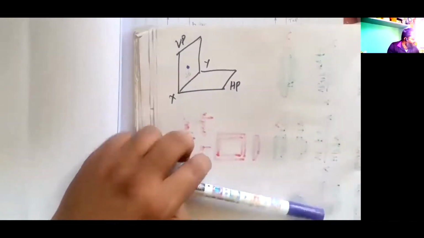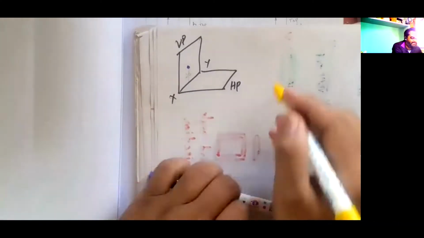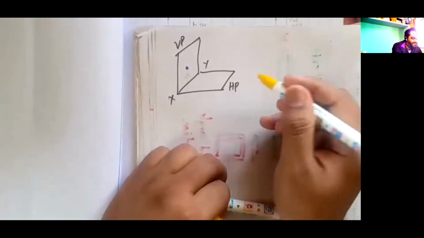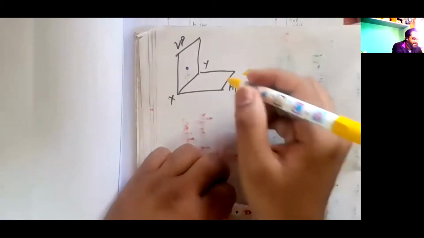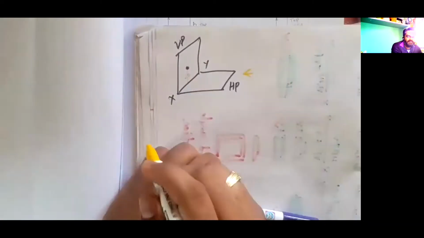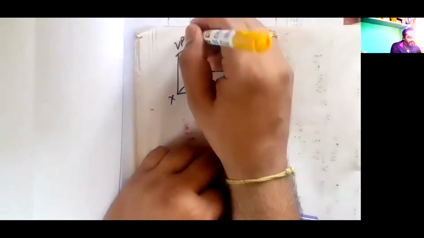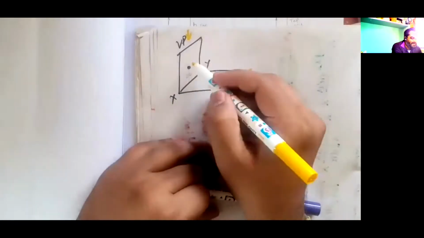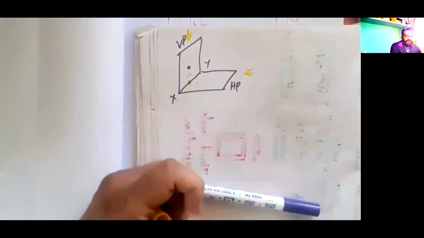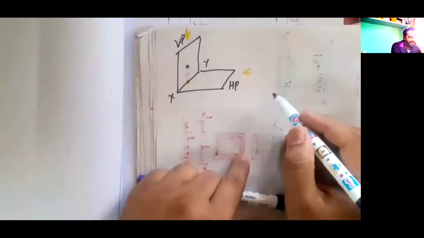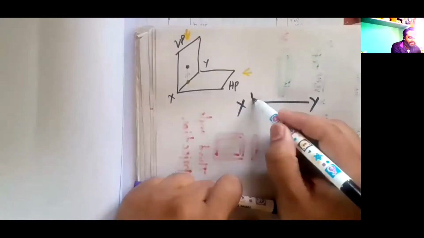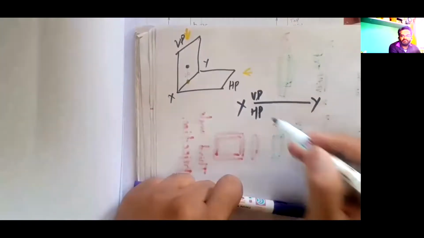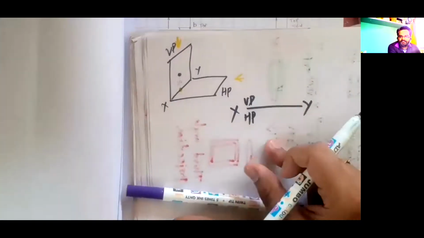Now I will see the front view. An observer will see this front view of this object, then sees and represents the front view here itself, and next he sees from the top and represents the top view from here on XY line itself. So finally, my final answer will be just draw XY line and name VP and HP. That means it is in first quadrant and you get 1 mark for this.